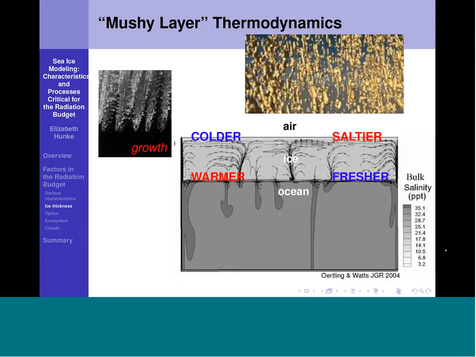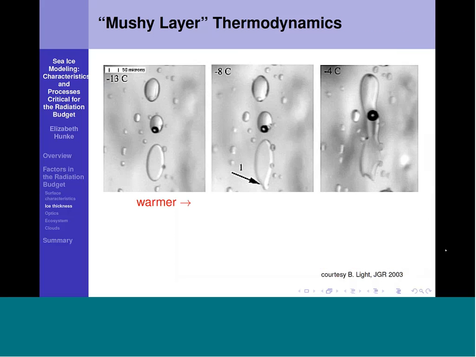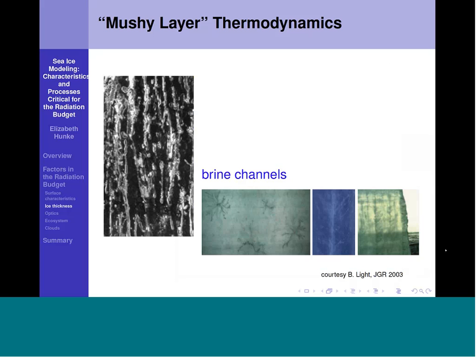Then, when the ice becomes very cold, the brine that's left in the ice structure forms brine pockets. This is an X-ray tomography image of sea ice showing the brine pockets in yellow. Then, when the ice warms again, the brine pockets expand and interconnect, creating brine channels. Now, the brine channel network can be fairly large scale, as seen in these photos of ice slices. And we're seeing both horizontal ones here and vertical ones on the right.